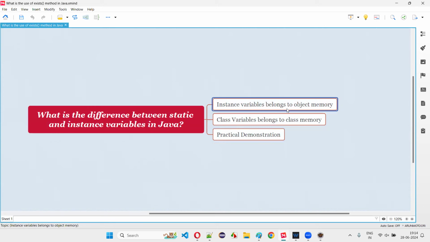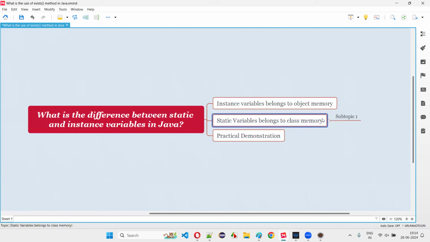Instance variables belong to object memory, whereas static variables belong to class memory. Here, it's not class variables, it's static variables. Static variables belong to the class memory, whereas instance variables belong to the object memory. Coming to the static variables, they belong to the class memory because that is going to be a common memory. For all the objects, if you want a common value, then you will not